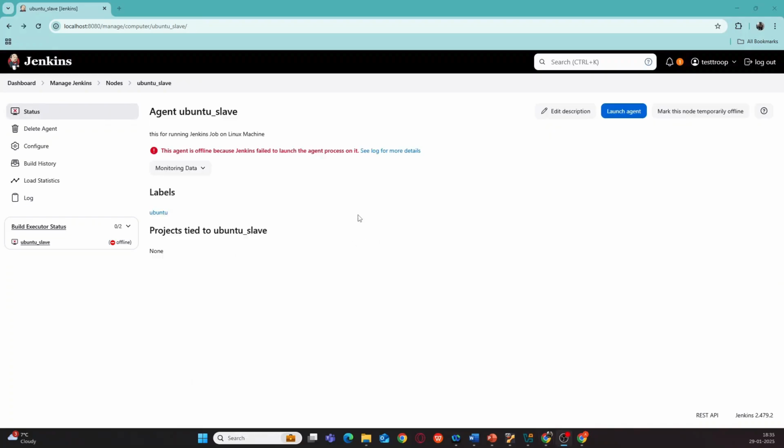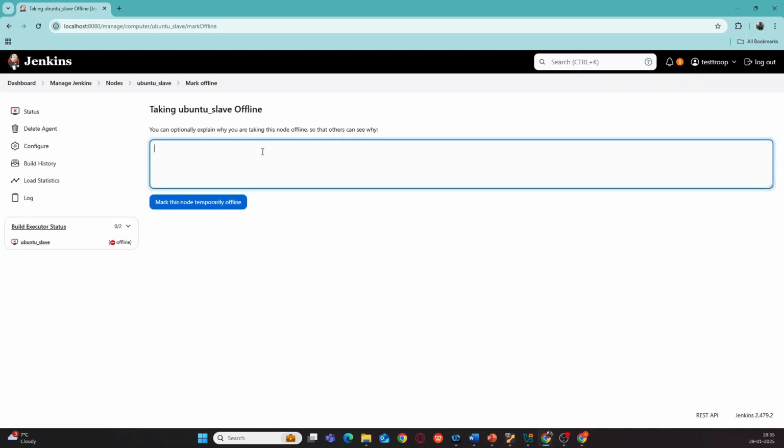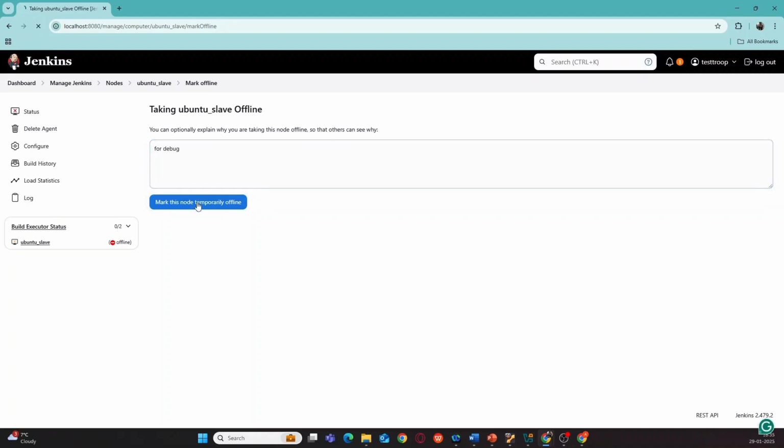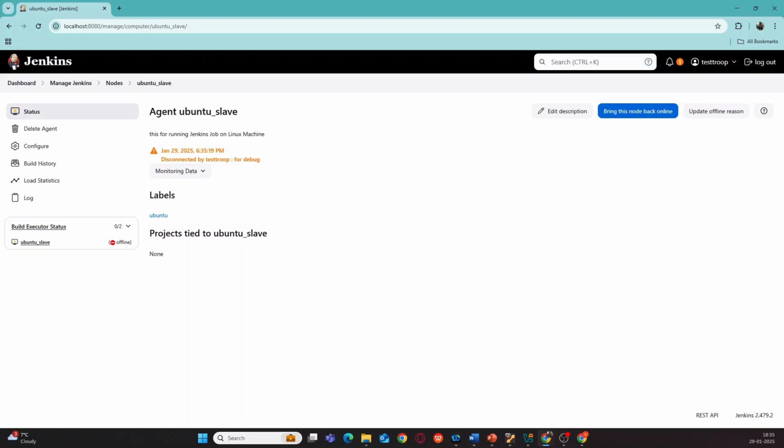In order to debug, make this agent temporarily offline by clicking on this particular item. I found the root cause for this problem. This is mainly due to the old SSH algorithm that I was using while generating the key. Let us first go and delete the SSH folder. For that I have to use sudo rm -rf .ssh,